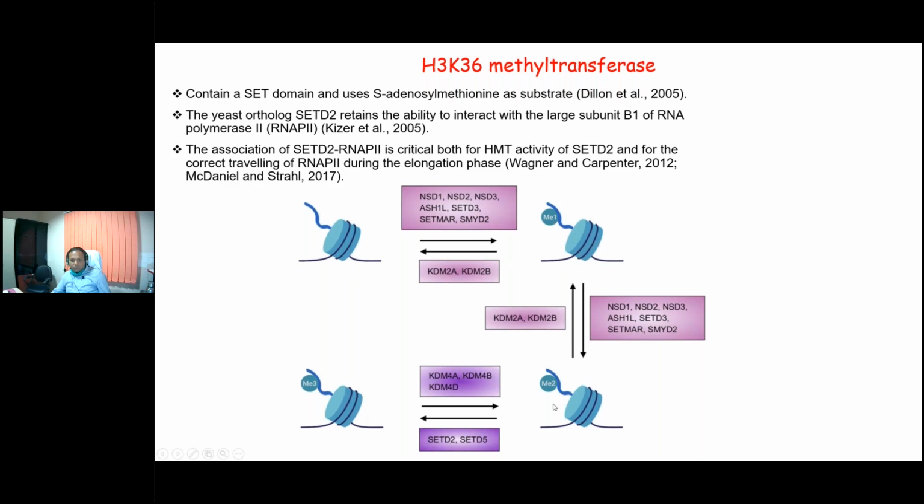Again, this monomethyl can be converted into dimethyl through these enzymes, and it is reversed by KDM2A and KDM2B. And lastly, dimethyl can be converted into trimethyl through different methyltransferases, and it can be reversed through different demethylases.